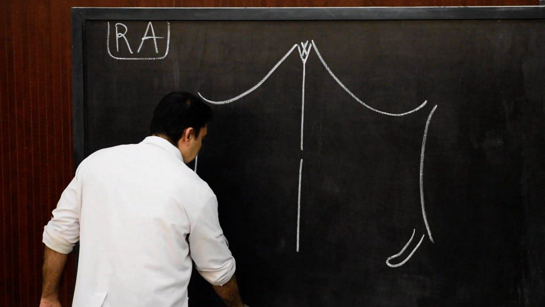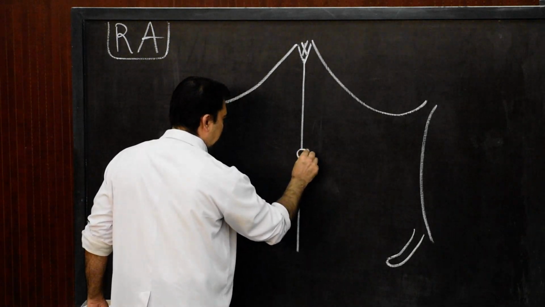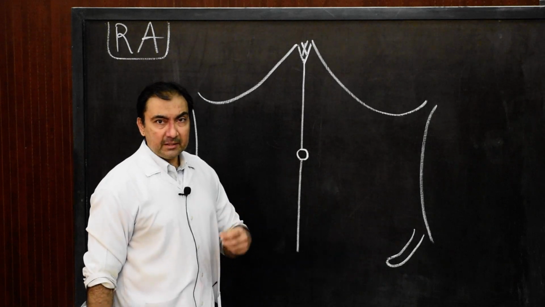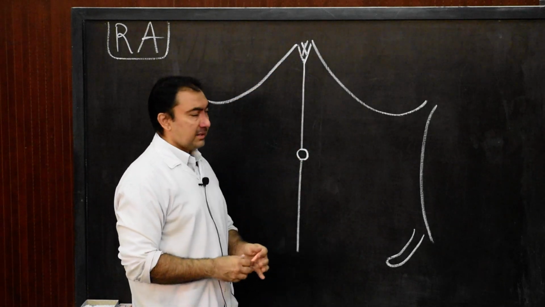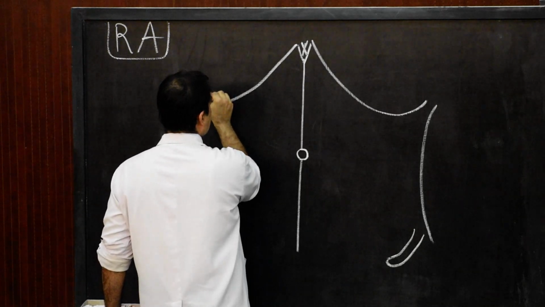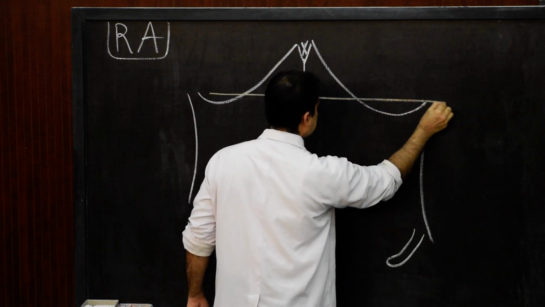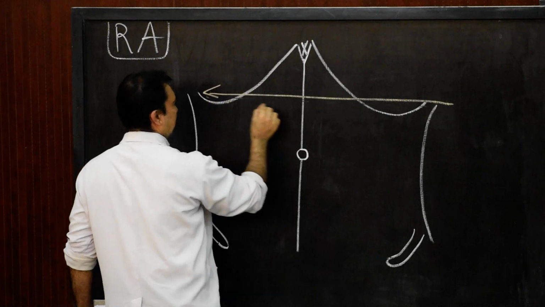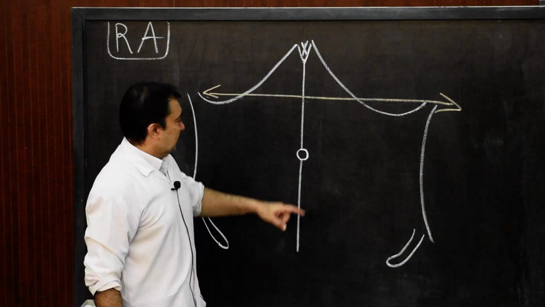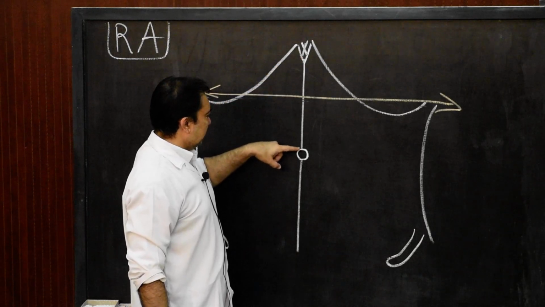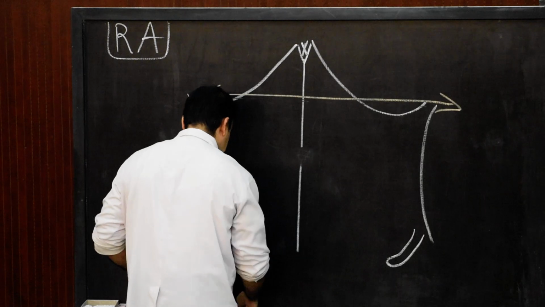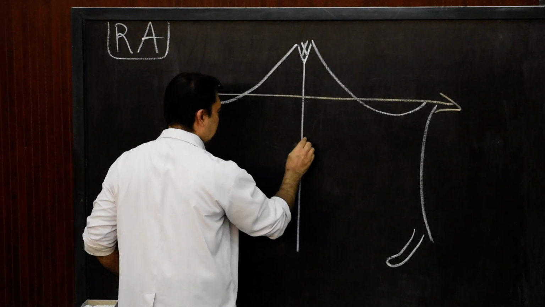And the fourth point is, once again the transpyloric plane will pass midway between xiphisternal joint and umbilicus. So therefore, if we draw the level of umbilicus over here, then the transpyloric plane will be midway between xiphisternal joint and umbilicus. And if we draw the transpyloric plane, this will represent the transpyloric plane. So therefore, it will be midway between xiphisternal joint and the umbilicus, and we draw the umbilicus slightly at an upper level over here.